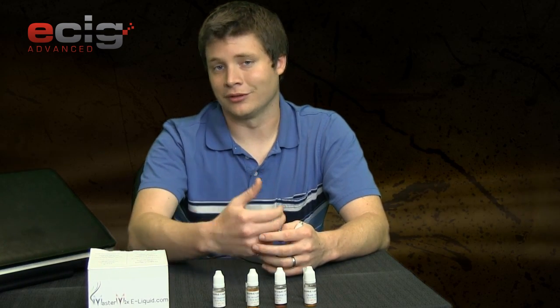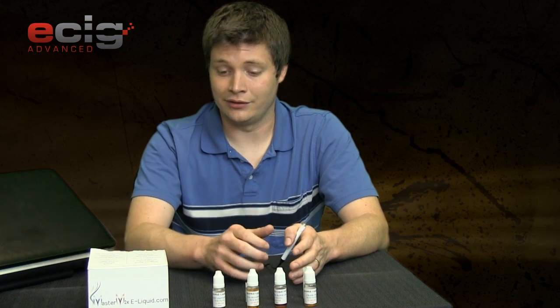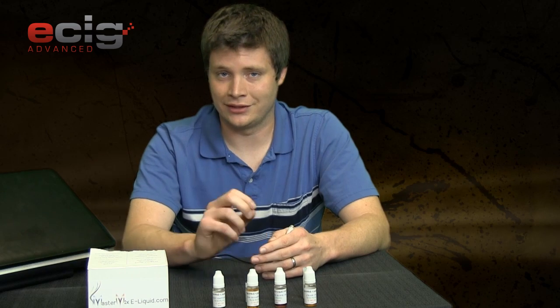If you like fruit flavors, you're definitely going to like this stuff, just because it's one of the few vendors I've tried that really gets those fruit flavors down to a subtle art and not just, this is what it is. If you don't like fruit flavors, I would definitely recommend trying it out as well, because I'm personally not a fruit flavor guy, but I did like a lot of these, and specifically that Sweet Emotion, because that tea flavor